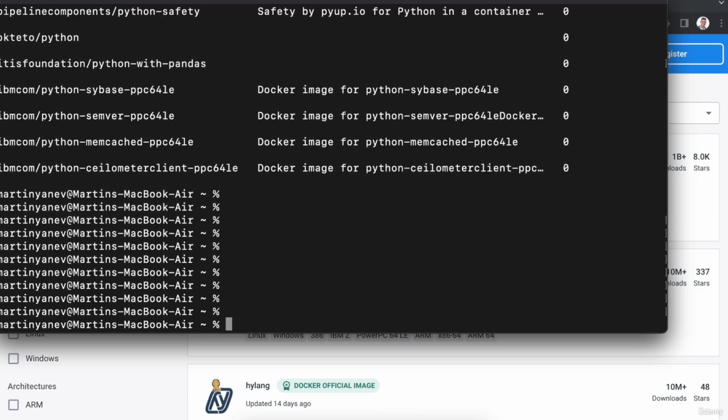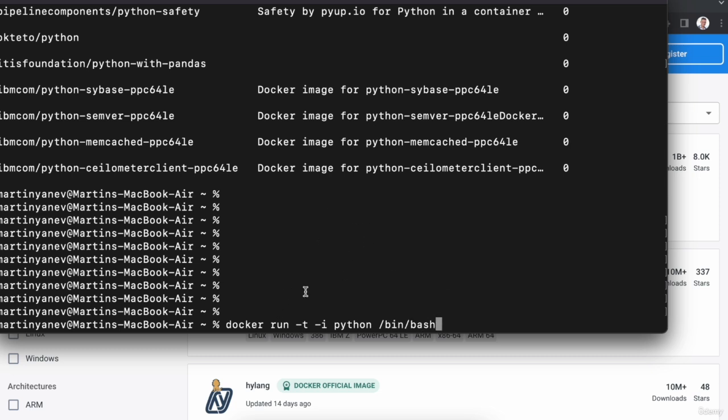You can simply type docker run -t -i, where -t means that you're creating a terminal device, while the -i flag specifies that the terminal session will be interactive. Then you can type the image that you want to run, python, and then write /bin/bash